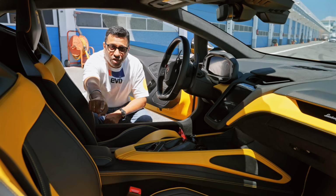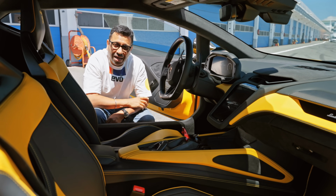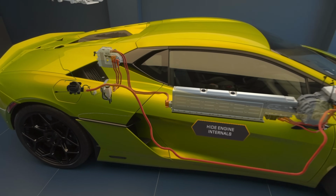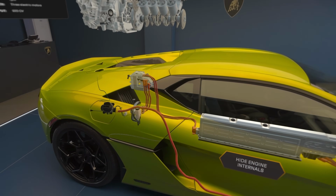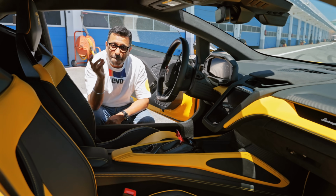The central transmission tunnel, that has a 3.8 kilowatt hour battery pack. It is a plug-in hybrid. It can accept charge at 7 kilowatts, and it takes around 30 minutes to fully juice up on a regular AC wall box charger. Or you can set it into the recharge mode, and you can use the combustion engine